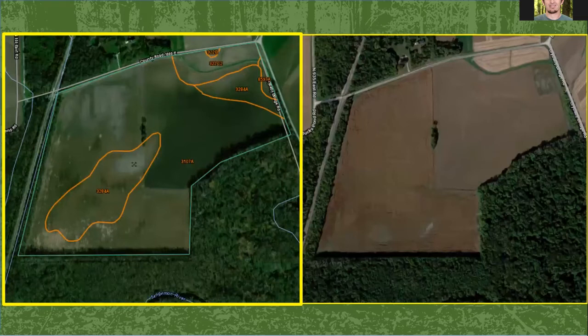On the left, I went into Web Soil Survey and found the field in question, and you can see where it's delineated the different soil map units. We have quite a few different map units, and this is the flooded area. The Sangamon River is right down here, meandering through. We can't see it, it's off the screen some, but